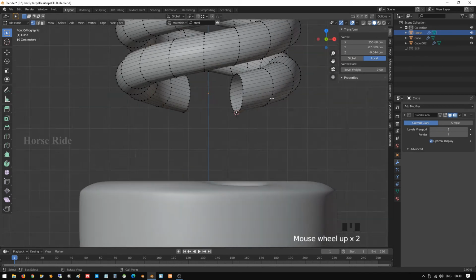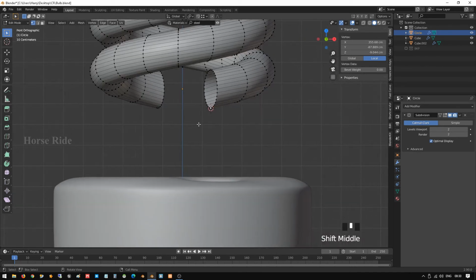This is the best view for us. Shift right click to move the 3D cursor to this bottom, and use the same spin tool again. Here you can see the angle is in this direction, so you can change it to the Y axis.